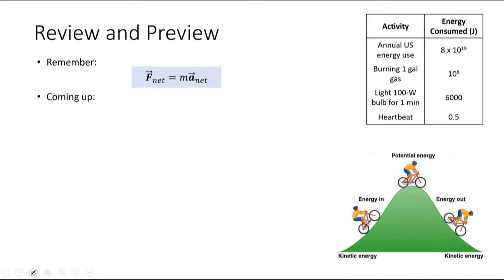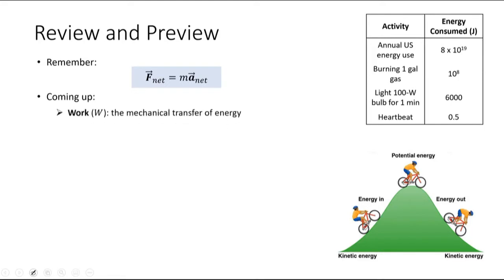And we're still going to need to use that the net force acting on an object is equal to its mass times its net acceleration. You'll probably want to think about it in terms of x and y components again. So F net x is equal to m a net x, F net y is equal to m a net y. Okay, so that doesn't go away, but what we're going to be talking about this chapter are a few concepts